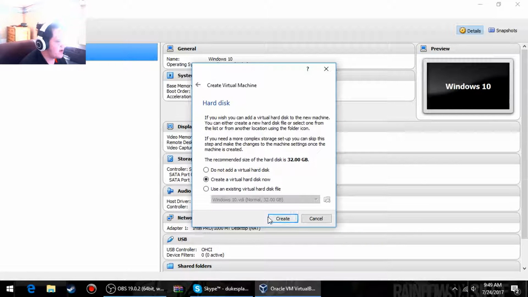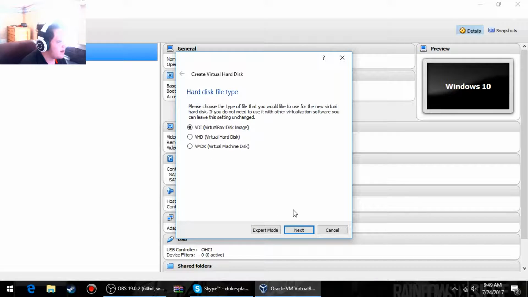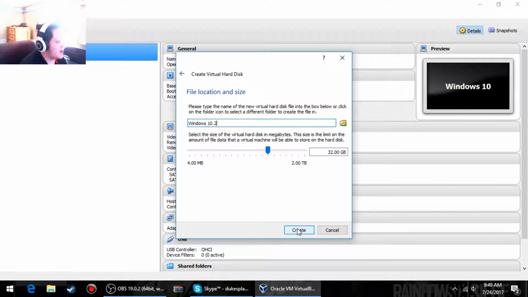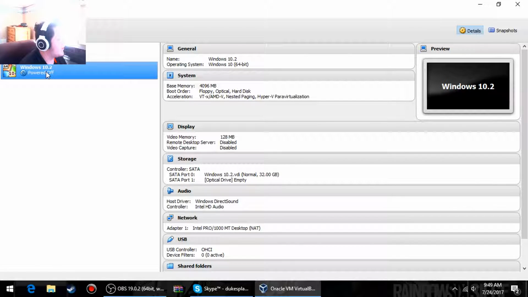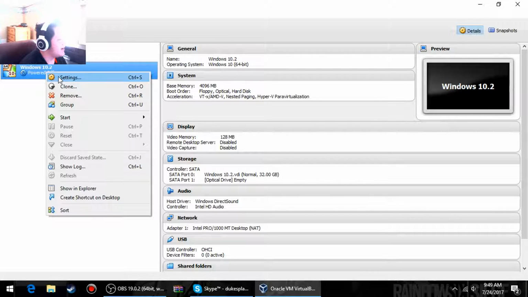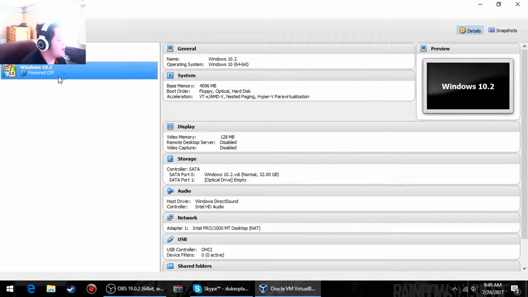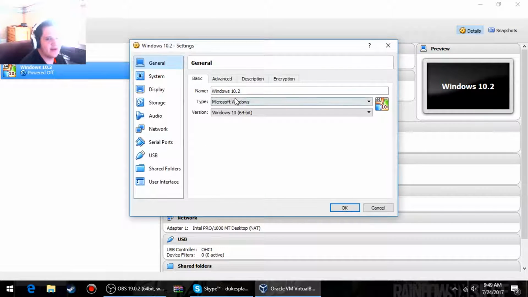Four gigs. Create a virtual hard disk. Yes. Dynamically allocated, and then you can choose whatever you want the size to be. Then Windows 10. Now, before you do that, you're going to want to go to Settings,